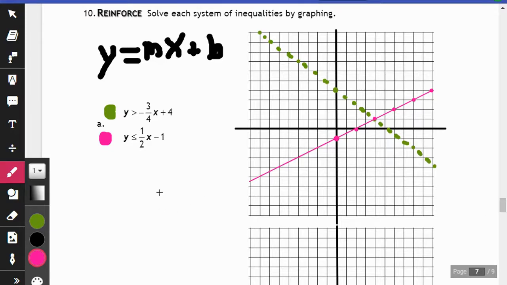Next, I need to ask myself, what side of the line am I supposed to fill in? Now, you might have learned to always fill in above the line if y is greater than, and to fill in below if y is less than. That works in this form. In later forms, it does not work so well, okay? So we're going to have to work on a